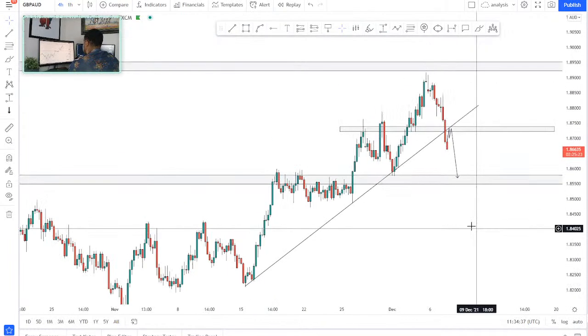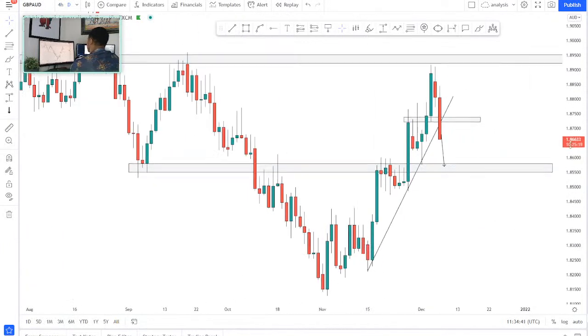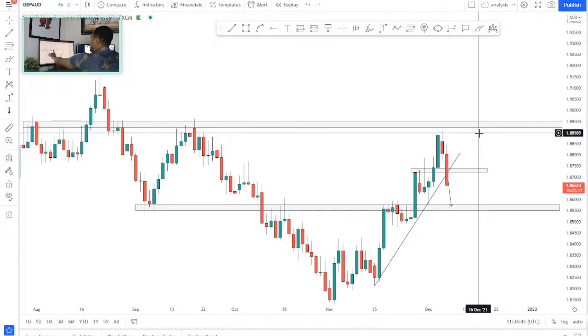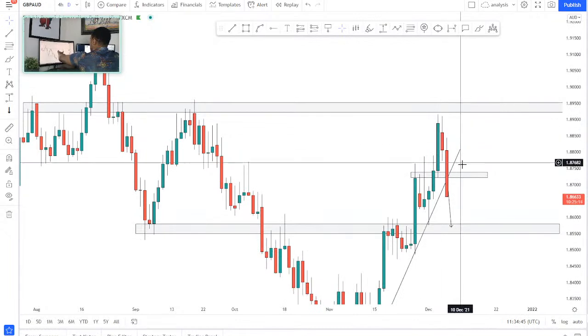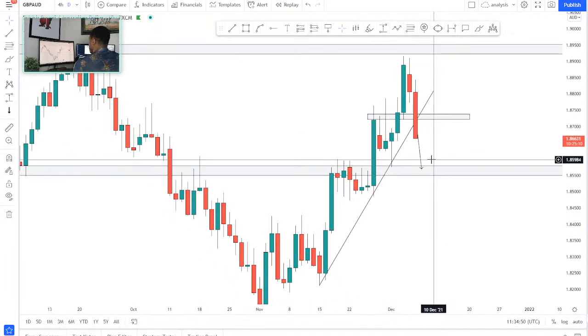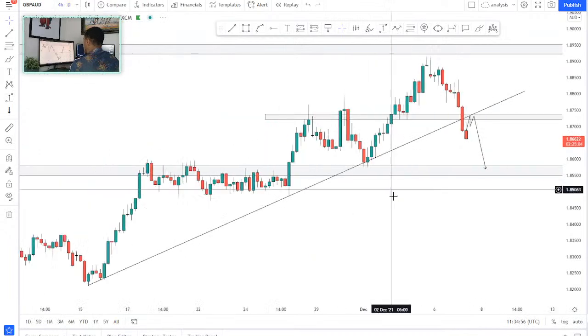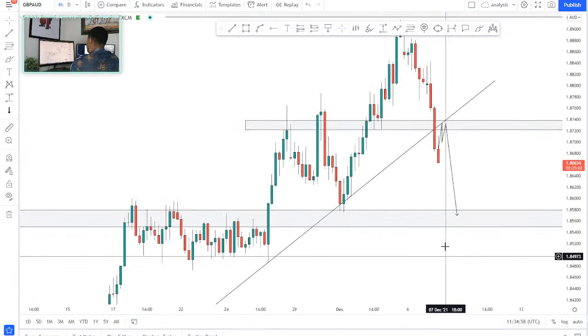Pound AUD, similar thing as well. We've broken through, not broken through yet. We've tapped into this resistance here, had a strong reaction from that, and it looks like we're breaking through that previous daily resistance there as well. And daily's looking very, very bearish, and I'm expecting price to come back down into this previous support here. So yeah, as long as pound AUD keeps up that momentum,